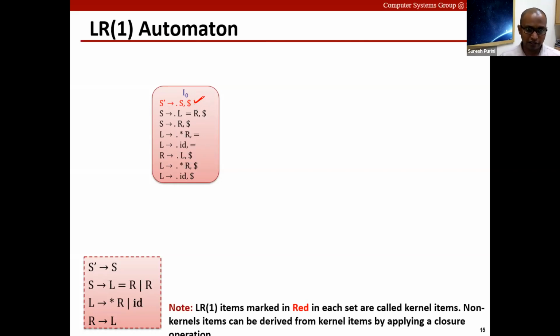What it means is that we are anticipating a string which is derivable from the non-terminal S followed by dollar.